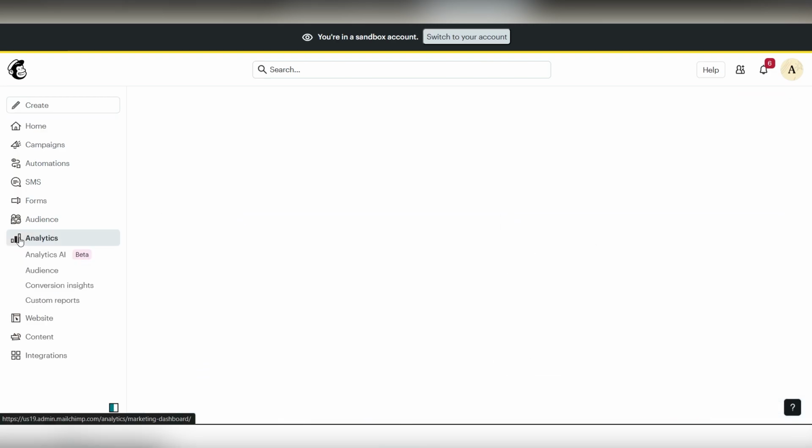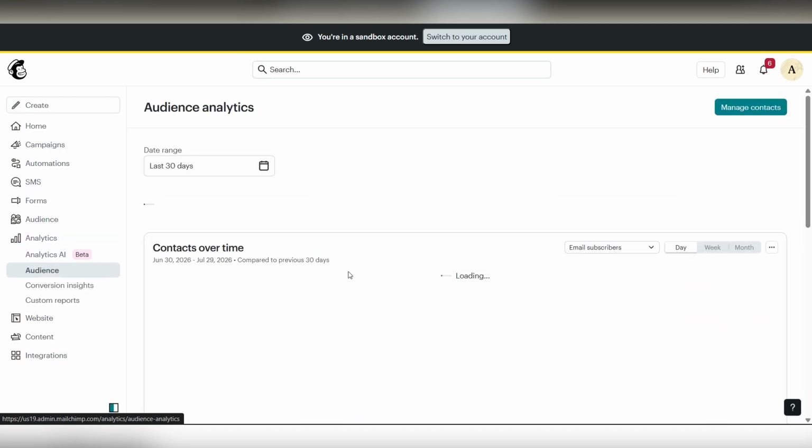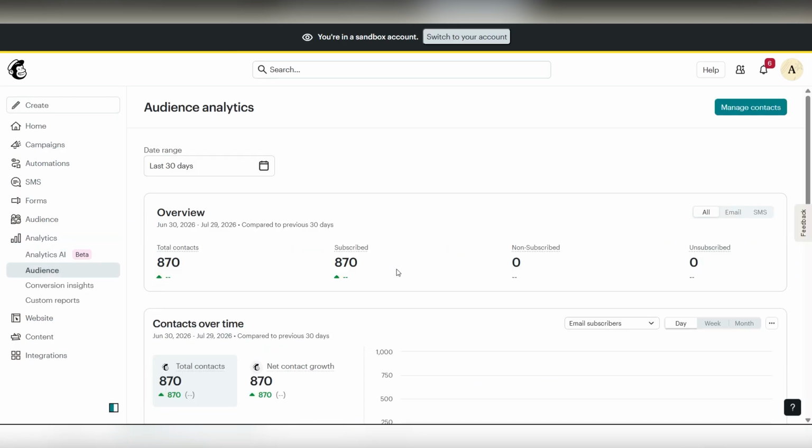Overall, Mailchimp is an excellent choice for anyone looking to build an email list, engage with customers, and grow your